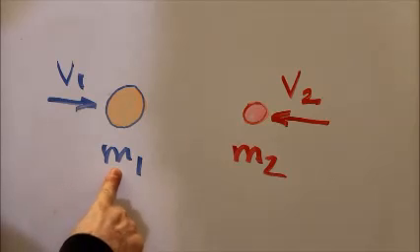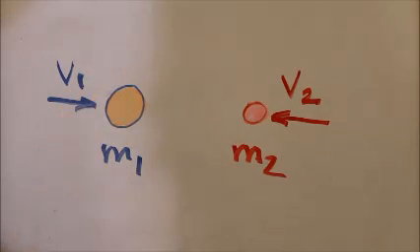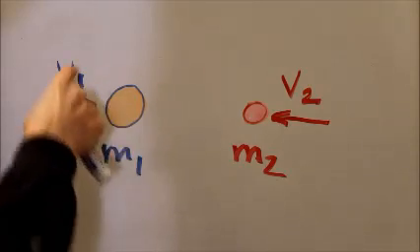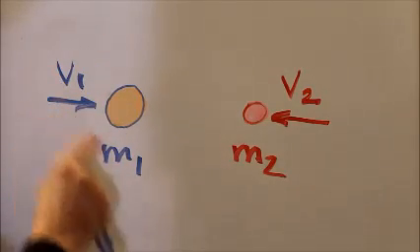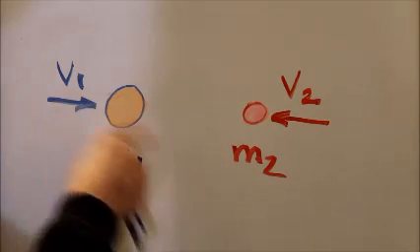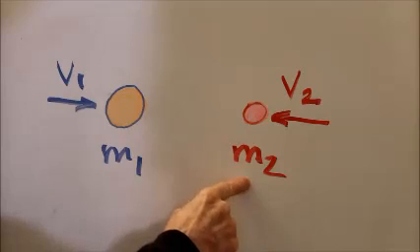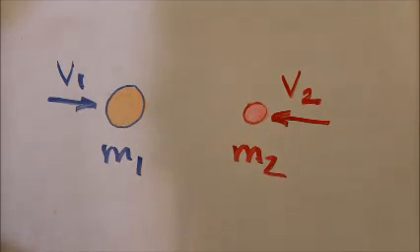Object number 1 has mass m sub 1 and velocity v sub 1. We're not actually told these names here, but we assume constant mass, constant velocity. Object number 2 has m2 and v2. Well, these two things are on a collision course and they strike each other and they bounce off each other